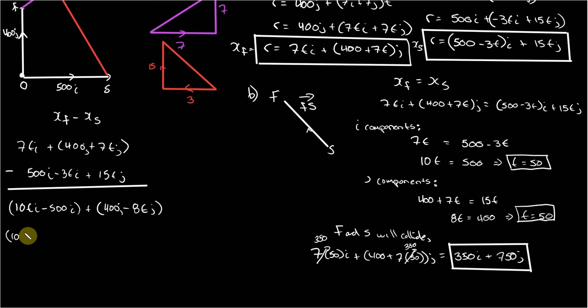So it'd be 10 times 50i minus 500i plus 400j minus 8 times 50j. Right, and so 8 times 50, that's 400, so it's 400 minus 400, and that's of course just 0, cancels out. Likewise, 10 times 50 is 500, and so it's 500i minus 500i, and that cancels to 0, and they cancel out, so that tells us that